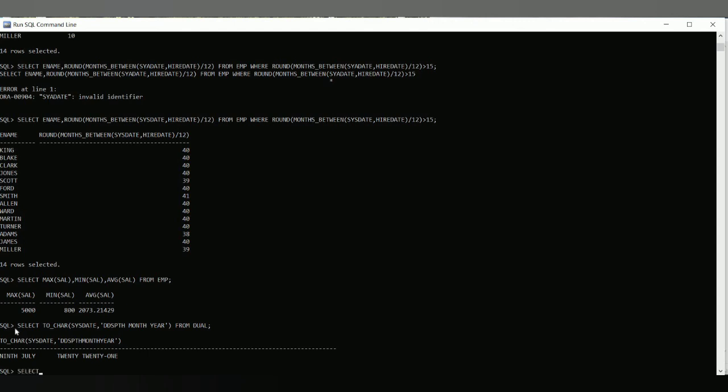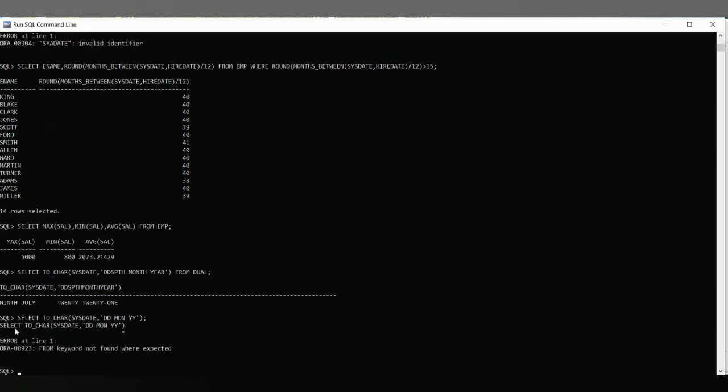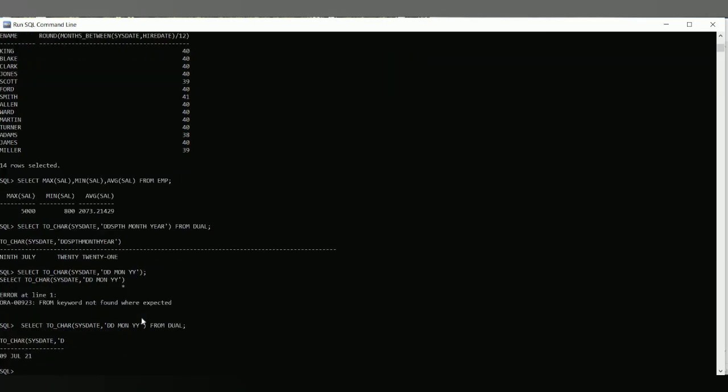Then another format is select to_char of sysdate comma dd mon yy. This is another format. We get this from DUAL. DUAL means computer, getting it from the computer. The date is sysdate. The current system date is July 9th 2021. We will think more deeply about these queries in the next session.